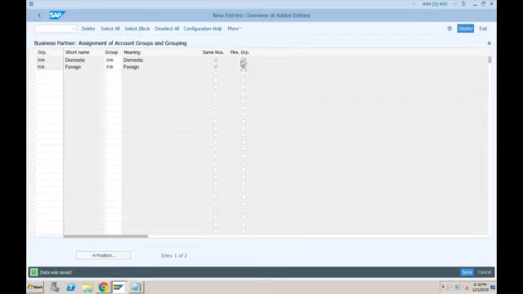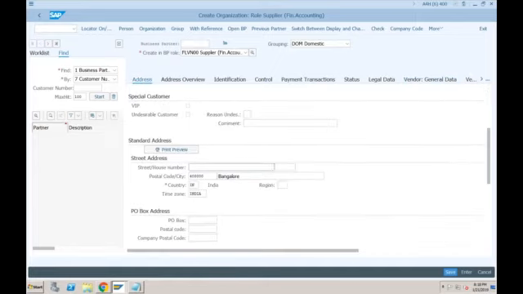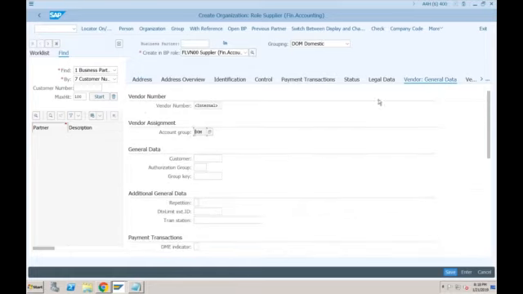So if you are saying this grouping is flexible, system has determined DOM, but you can change it. Okay, so if it is not flexible, you cannot change it. So this field control, in short, whatever fields are mandatory, whatever fields are optional, these are coming from this account group, vendor account group.